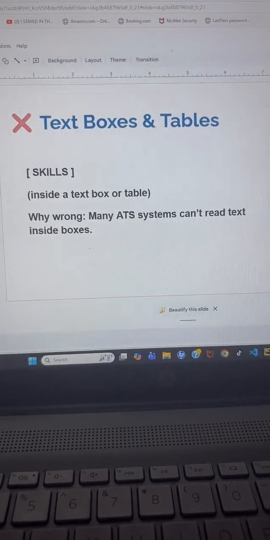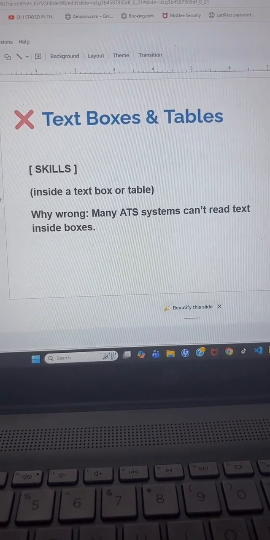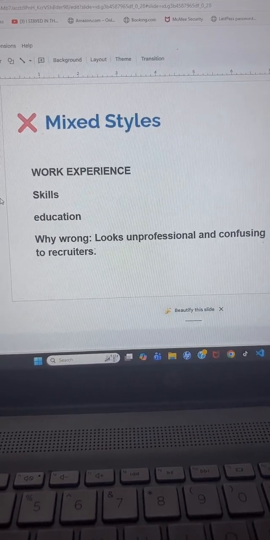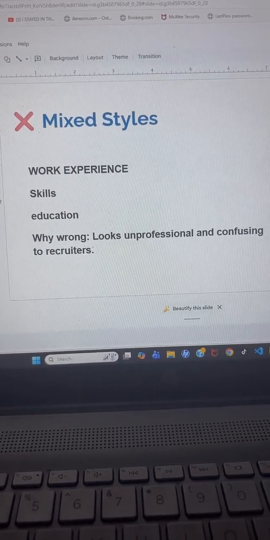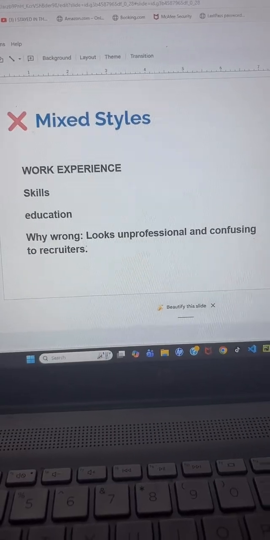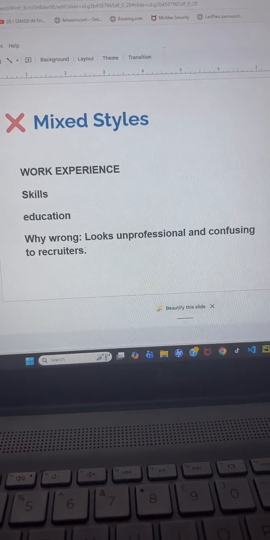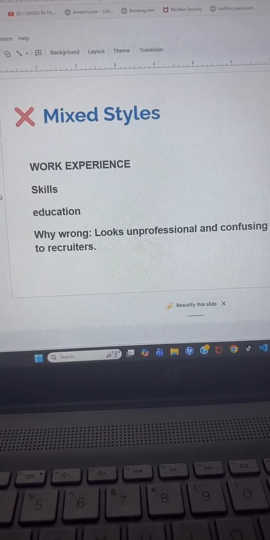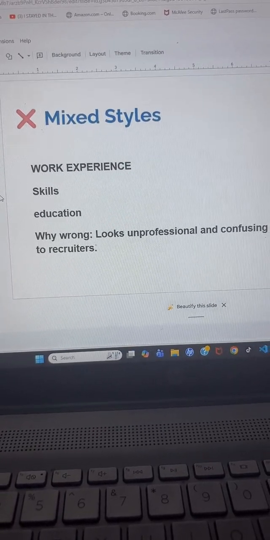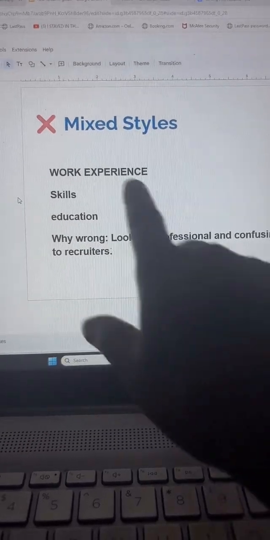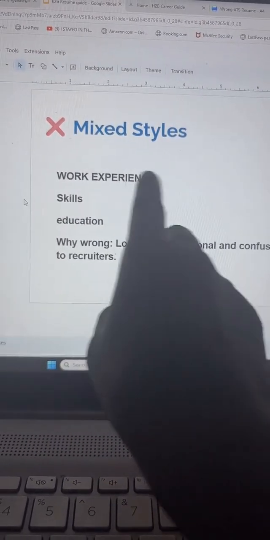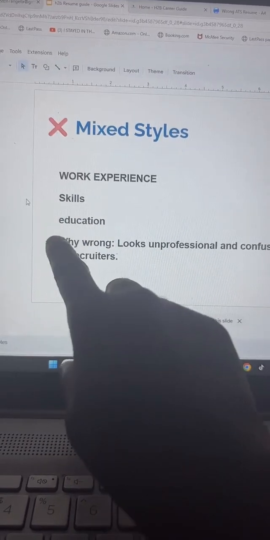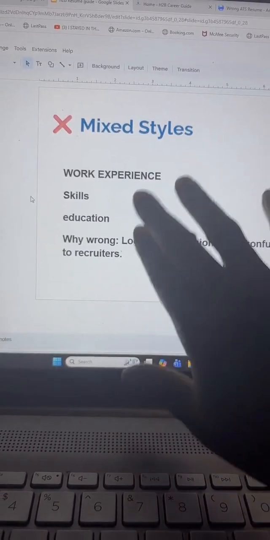Don't put text boxes and tables as well. Ensure that you're not using mixed fonts. Ensure that you stick to one font and one structure. So don't put this in bold, then put this in common text or whatever. Ensure that it's in line.